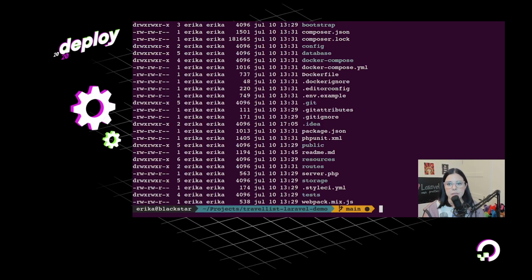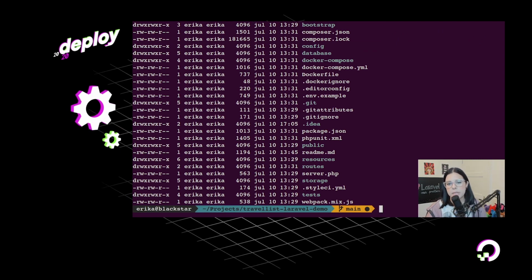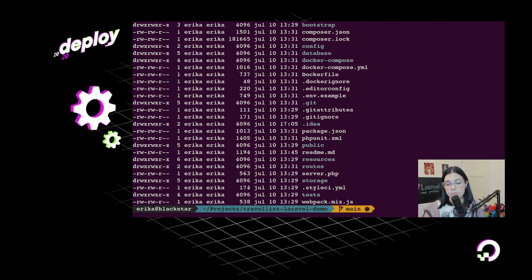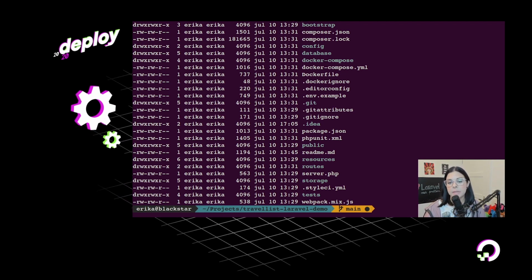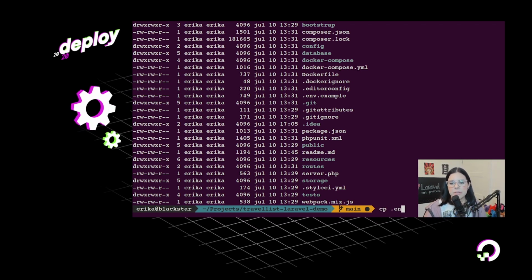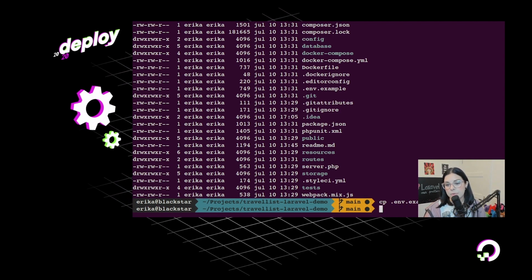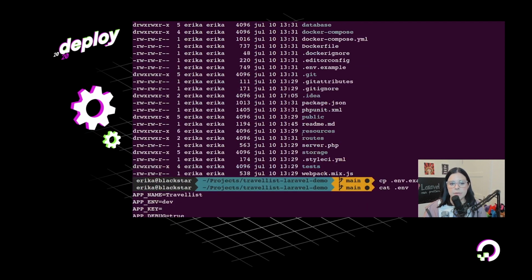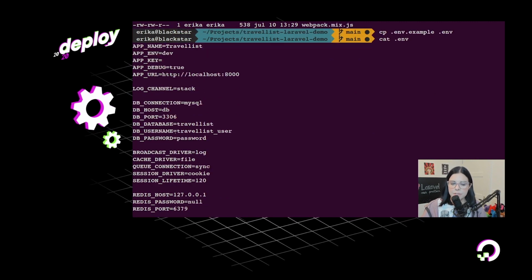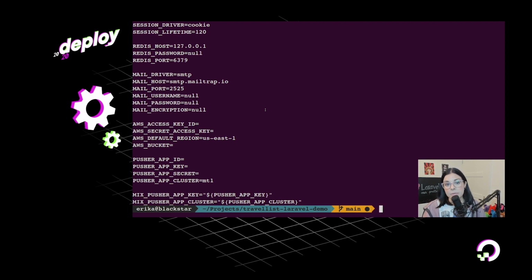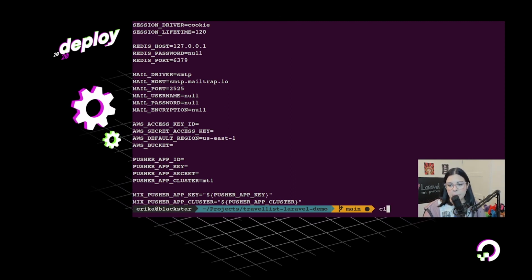And what we need to do here is create a .env file, because Docker Compose will pull from the .env file to set up the database. So we need to set up this file first thing. Usually there is a .env.example that you can use to set up your .env file, and it's very basic, just default stuff, the database information, very standard.